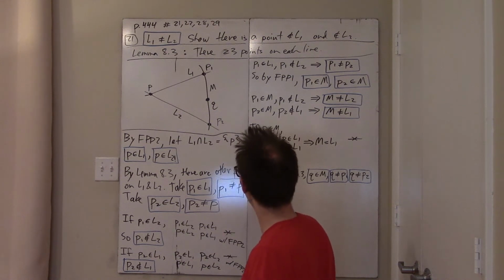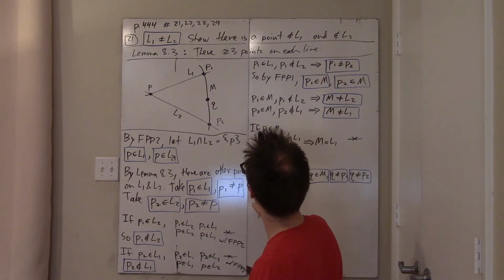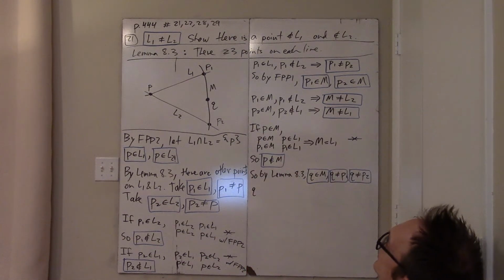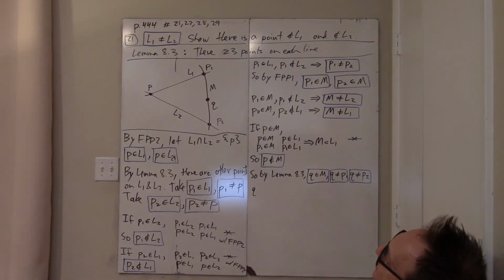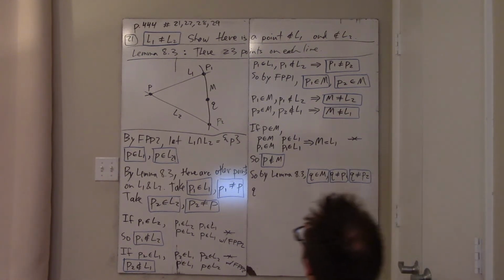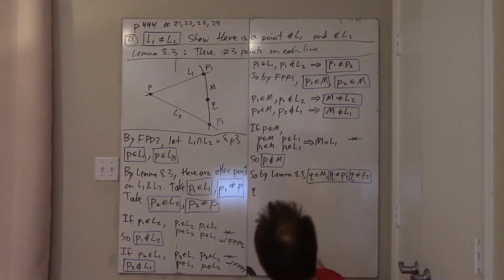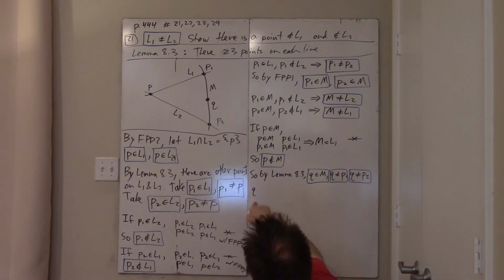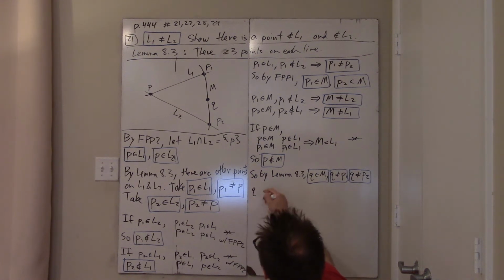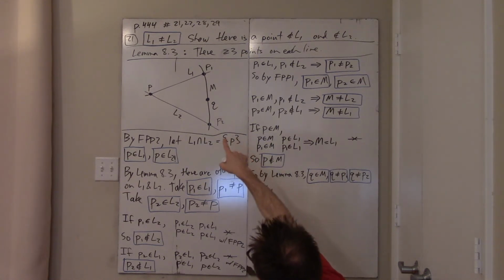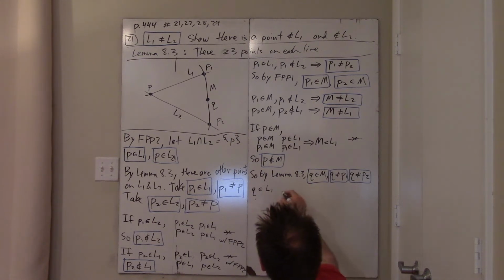Yeah. If Q were, let's see, do I need to, I don't even think so. I don't think I even need to do anything else. Well, let's find out. So if Q were on L1, say, what's wrong with that? Well, then you'd have Q on L1,